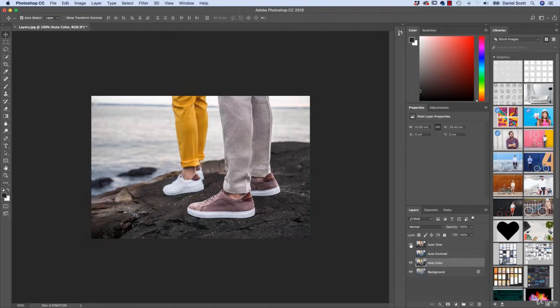So if I turn auto tone on and off, depending on what resolution you're watching this video in, you might not see very much of a difference. Okay, there's a little slight difference. It's just kind of maybe tonal range. Auto tone's got a warmer feel to it, and auto color has just a tiny green tinge to it. So a couple of things we've learned is